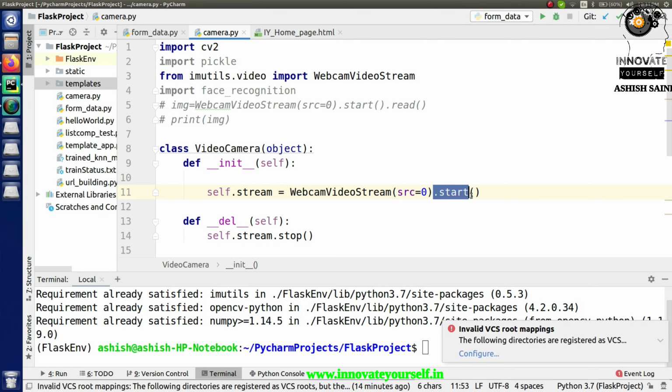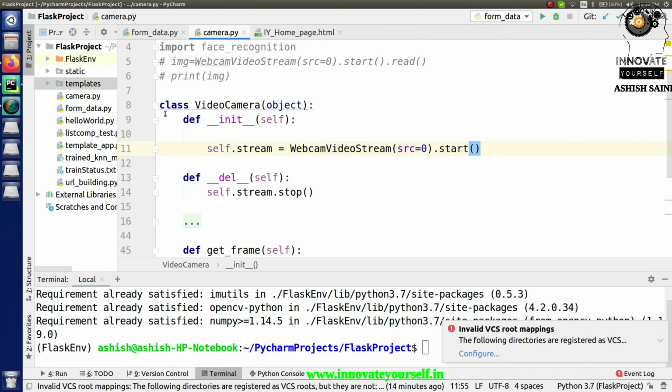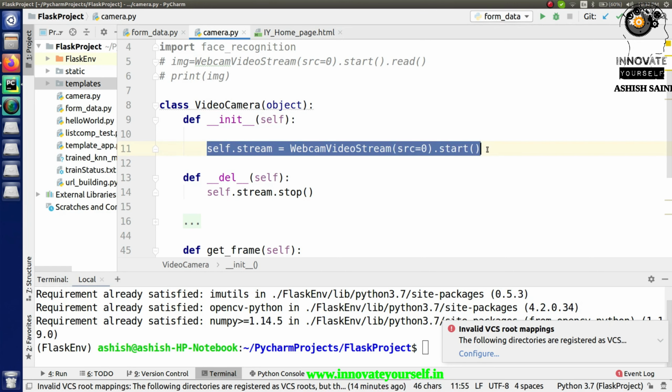Now after that, I'm also just calling this dot start, which will just turn on your camera, right? When your camera is turned on, after that your main process starts, because from here you have to start reading the images, and those images will be collected on your end, and you can further use them in whatever way you want. Like in our case, we want to display it on the web page, so that is what exactly we will do, right? So the first method which I have created is this one, which is to start the webcam.